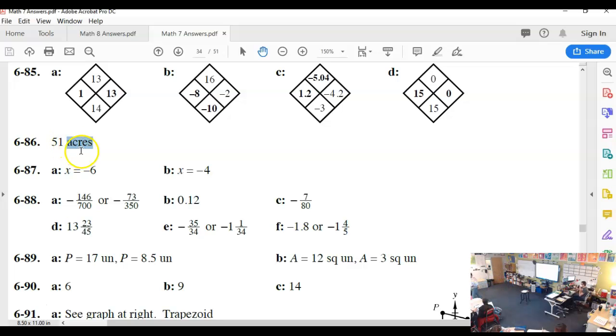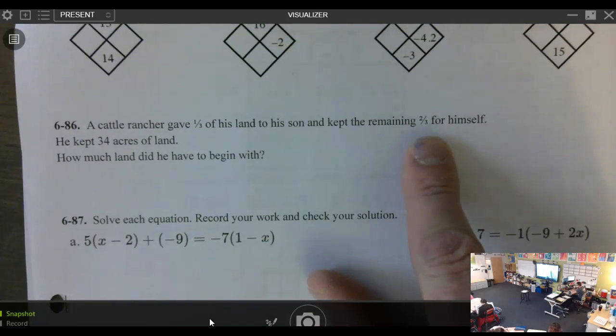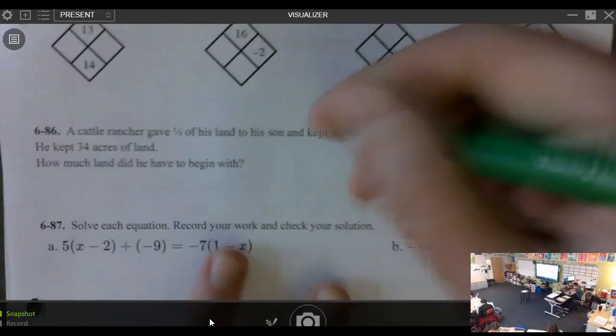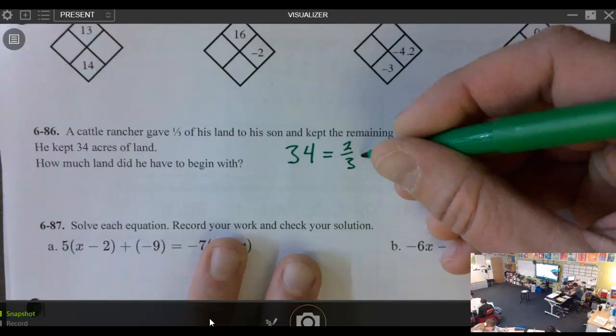Aiden? Cattle rancher gave a third of his land to his son, and he kept 2/3 for himself. So, if the 34 acres is 2/3, we could use that to break up and figure out what a third was. So, if 34 acres is equal to 2/3 of his original land,